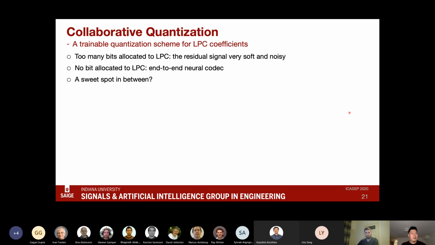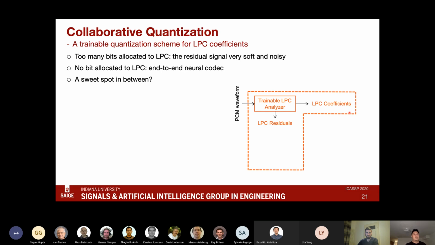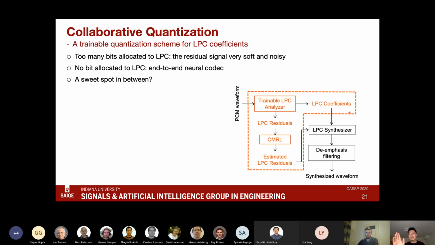To find that sweet spot, we have to make these two parts interactive with each other. That's why we propose collaborative quantization. If the LPC part is trainable, it can decompose the input into the residual and the coefficient. The residual will be the input of the neural network, and the estimated residual along with the coefficients will be used to generate